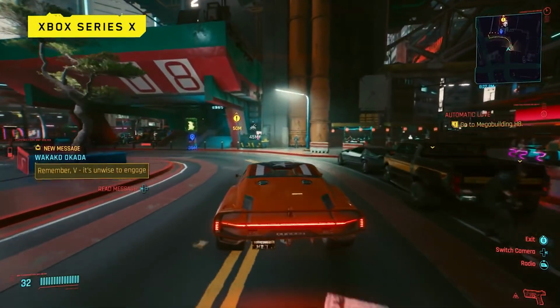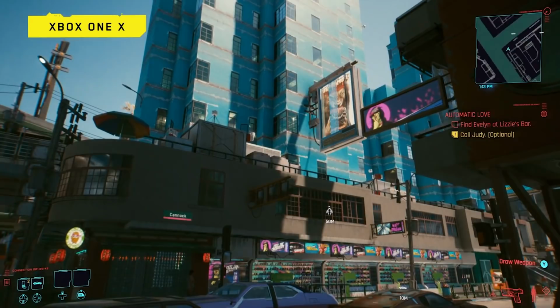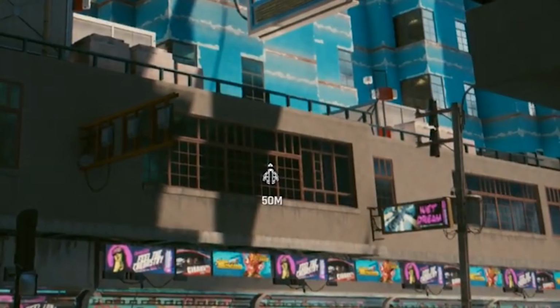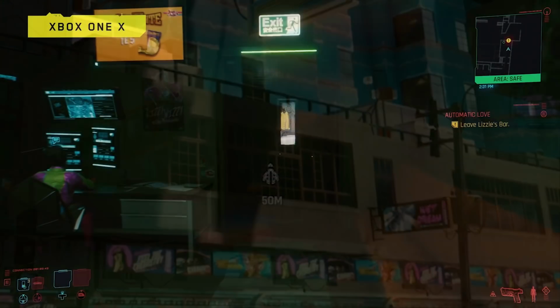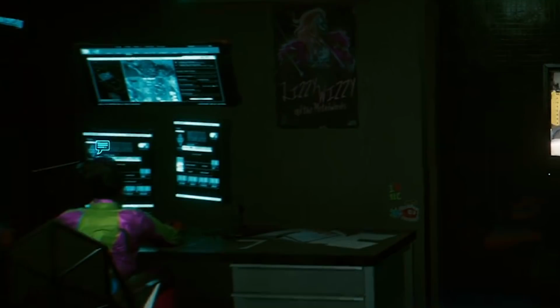On number 2, we have dozens of HUD icons, so let me highlight all the ones I could find and what I think they mark. On Cannock Street, we have this marking that for me looks like a jacket, so it could be the location of a clothing store. When going out from Lizzie's bar, we can see a conversation icon in one of the